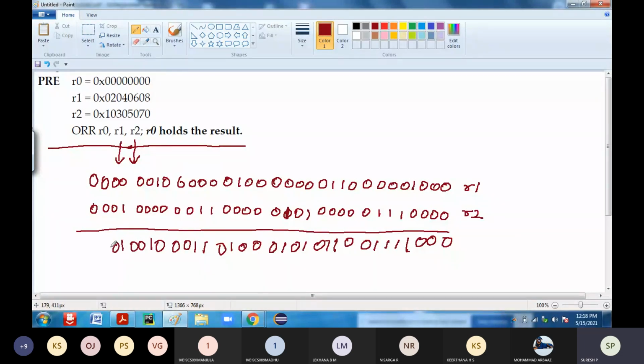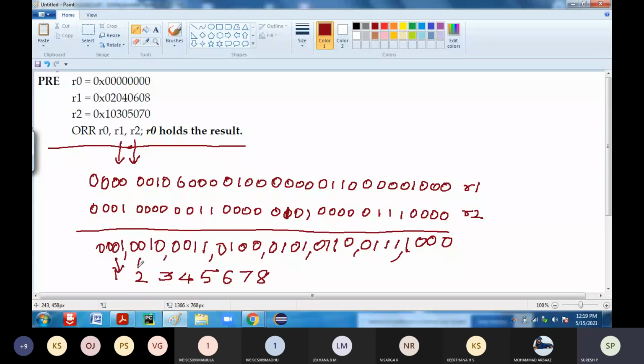1, 0, 0, 0. Now, if I write this one in hexadecimal value, I am bifurcating 4 bits each. Okay. So now this is 1, so it is 8421. This is 2. So this will be 3. This will be 4. This will be 5. This will be 6. This will be 7. This will be 8. The last one.